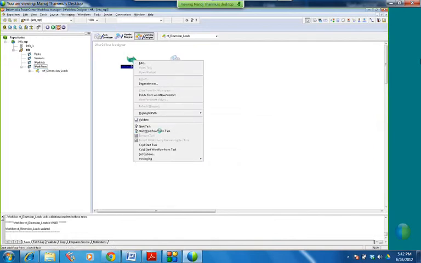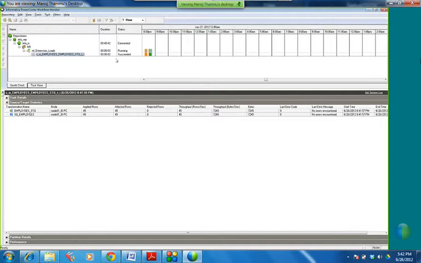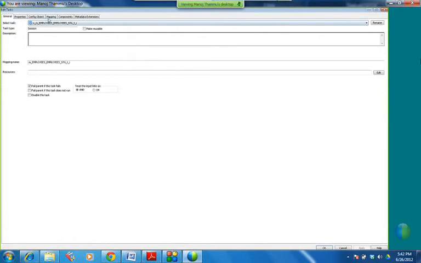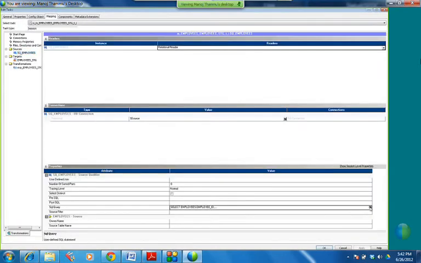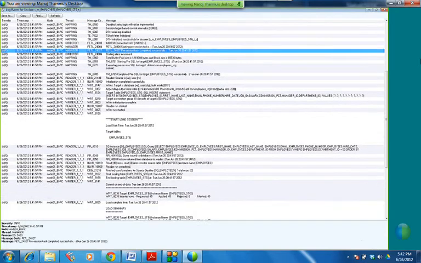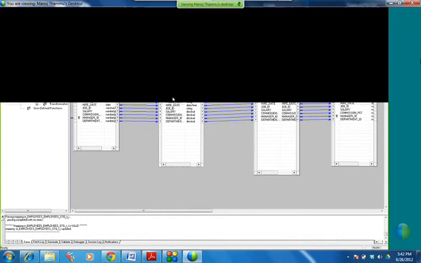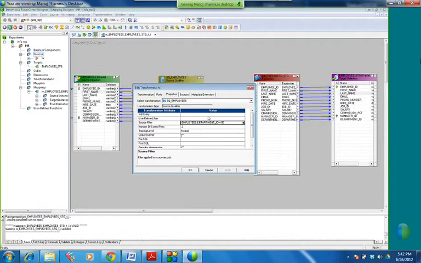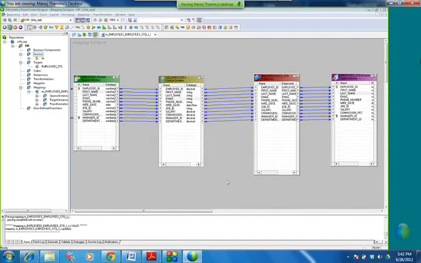So when I run this mapping, start workflow from task, see it succeeded and it loaded 45 records. Why 45 right now? Because I changed it back to department ID equal to 50 here. When you see the session log, you will see the source qualifier query, see order by is included, where department ID equal to 50 automatically, even though you select it here. So both options are for the same use. It depends upon the scenario which one you want to use, flexibility.